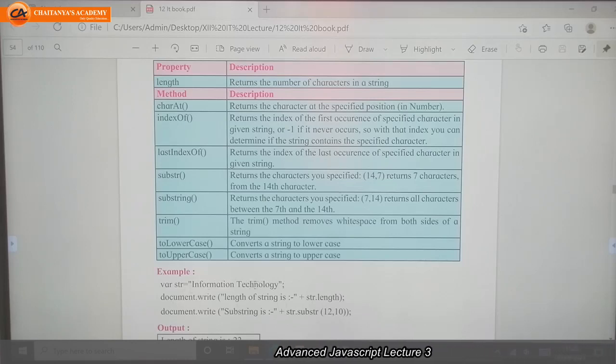If we want to display this text, we can write document.write(str), and we get the output information technology.